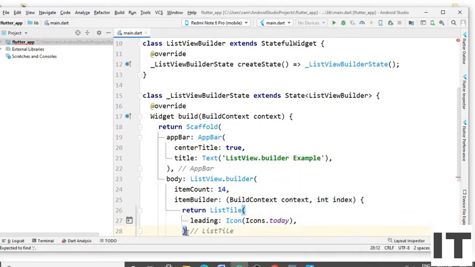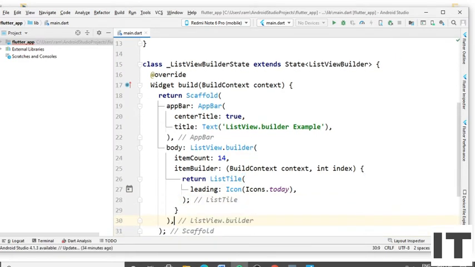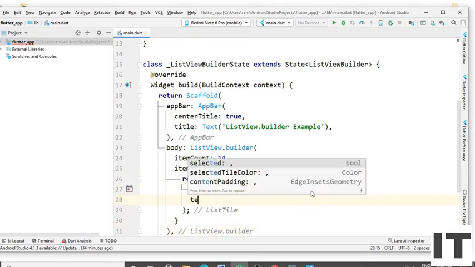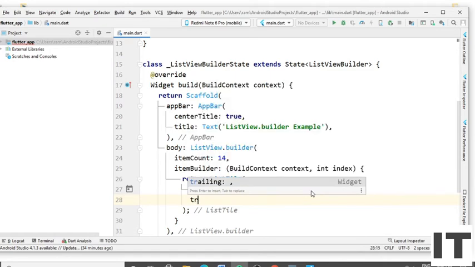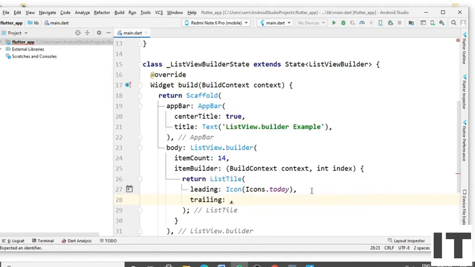Put the semicolon here. If you want to give the trailing icon, then type the trailing. Trailing icon, Icons dot and select the icon. I don't want to give the icon.